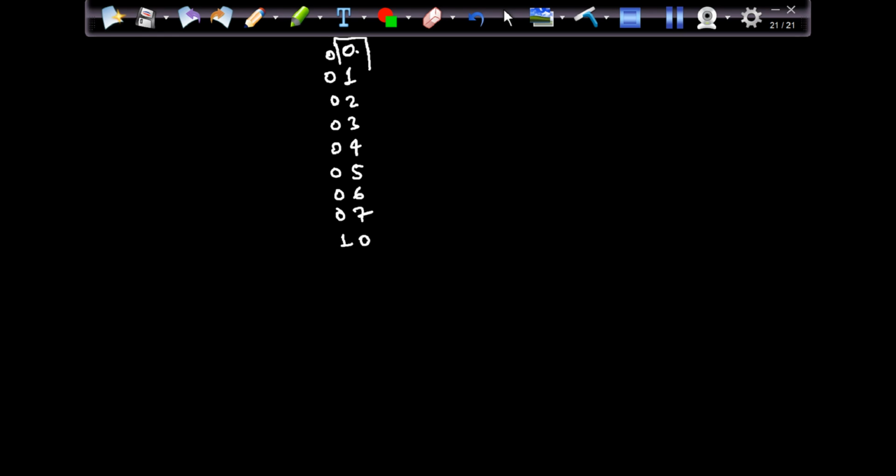So 10, and so on to 17. Now it will become 2, and then from 20 to 27, and so on it will go till 70 to 77. Okay,